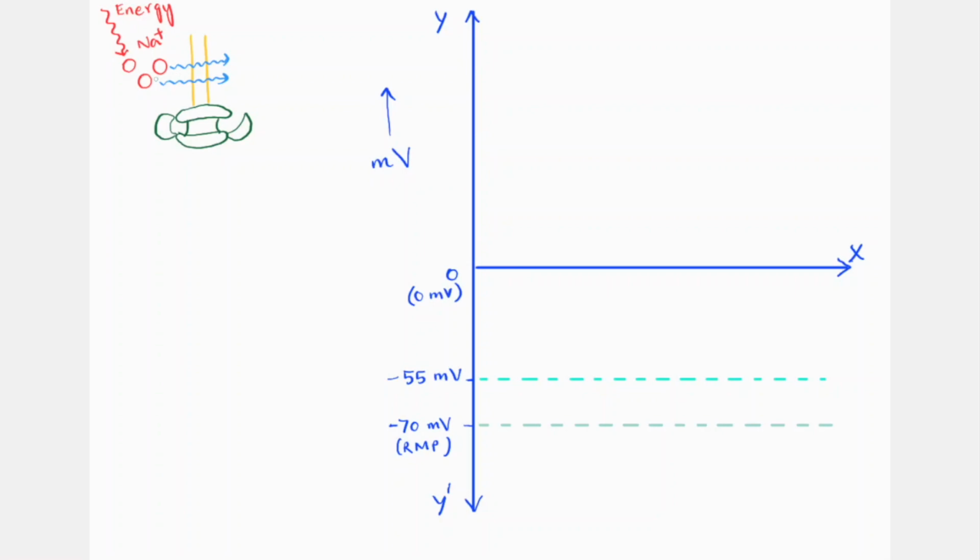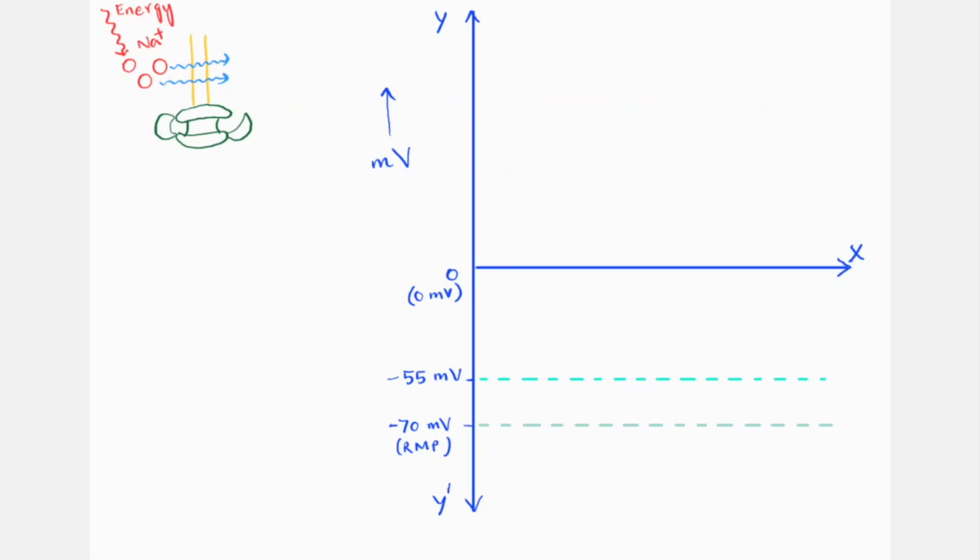But if you see the concentration gradient, it's directed towards inside, right? The Na plus wants to get inside, it just cannot, because it does not have enough energy to cross this repulsive barrier. But once it gets that energy, it doesn't care about the fact that there's a repulsive hydrophobic part inside the phospholipid bilayer, and it just goes into the cell. It does as it wishes.